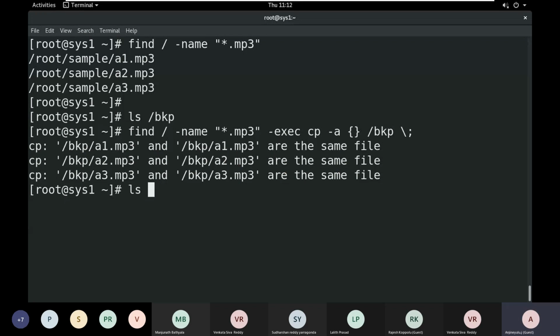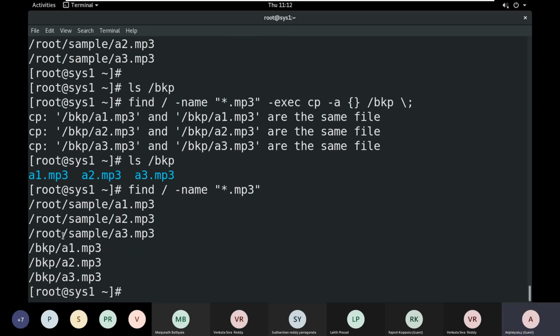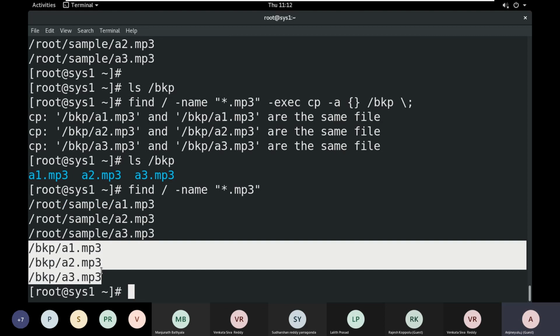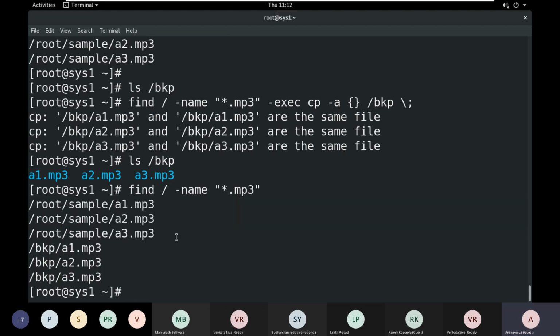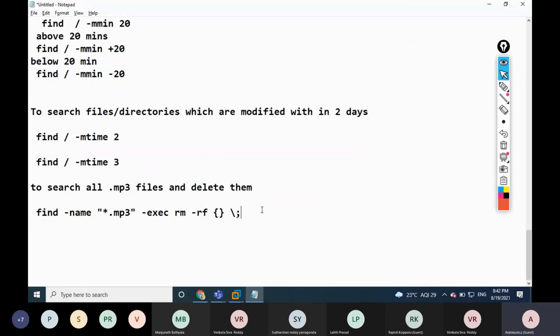So now we can search for the file. Those files are available here right now. So now I'm searching where they are available. This one is available in this location and this location, both locations. So I want to move only. We can give the mv command like that. So do one thing here.